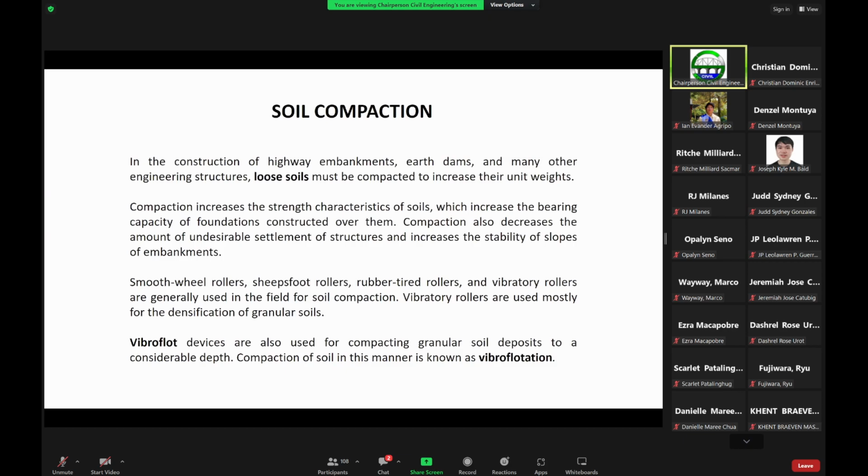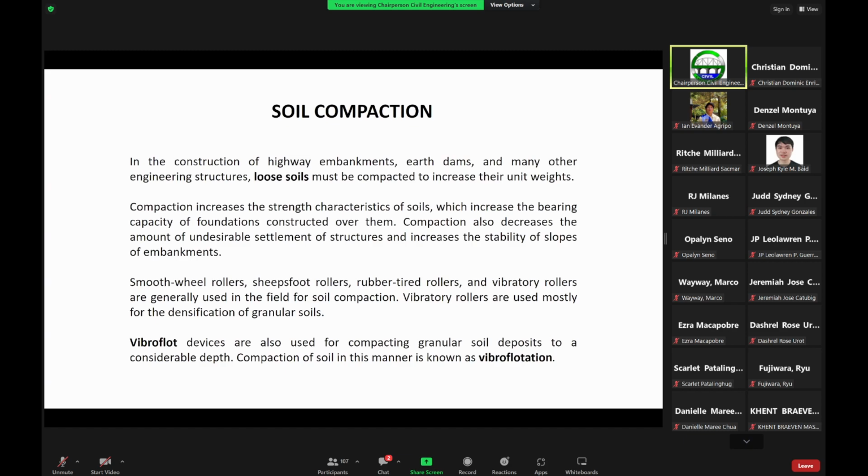And then, for example, in highway embankments, normally these are highways being constructed on elevated ground from the natural ground. For example, here in Luzon, those expressways that you have heard of, going to the north or going to the south, were built on embankments, to elevate the highway from the natural ground so that it will not get flooded, for example. Although there is some area now in the NLEX part, the North Luzon Expressway, where it got flooded.